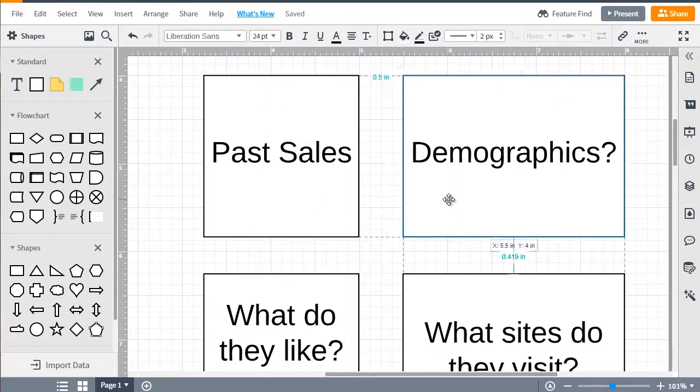Another thing is to start developing and figuring out their demographics. And what I mean by that is, are they male? Are they female? What kind of age group are they? Are they young? Are they 18? Are they 20, 30, 40, 50? Or are they 65 plus? And beyond that, demographics wise, start to paint a picture of who you are targeting.